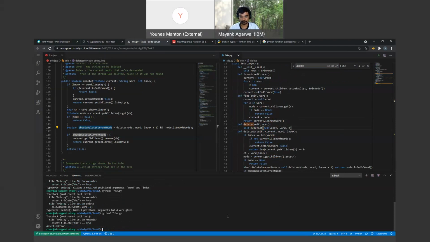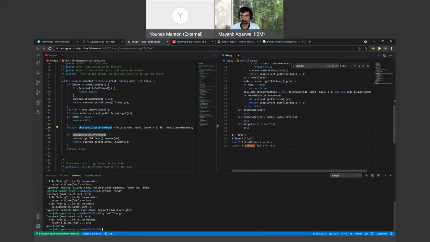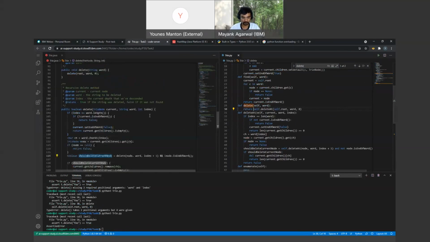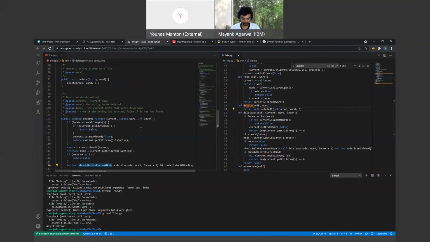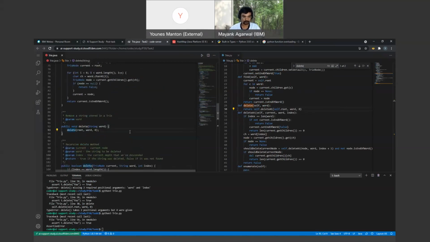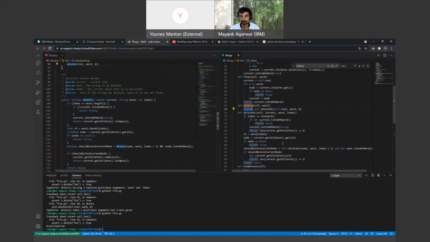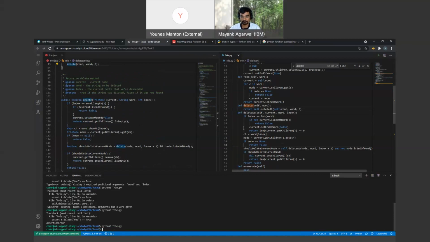Assertion error, delete returns false when it, oh, no, yeah, I did. I stuck it in there, so what is the problem? Oh, it doesn't return. Oh, but this one doesn't either. It's odd. There's no way to check if you have returned something. I'm going to keep it because